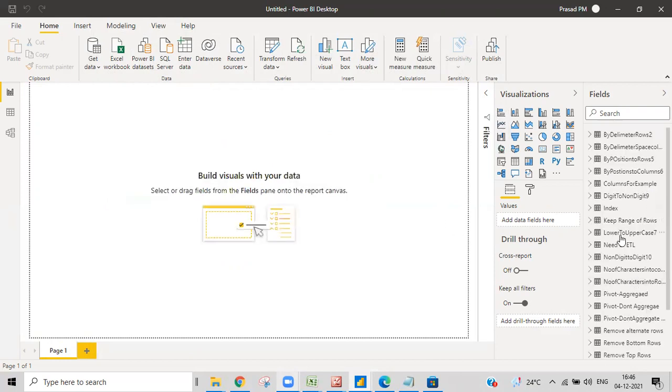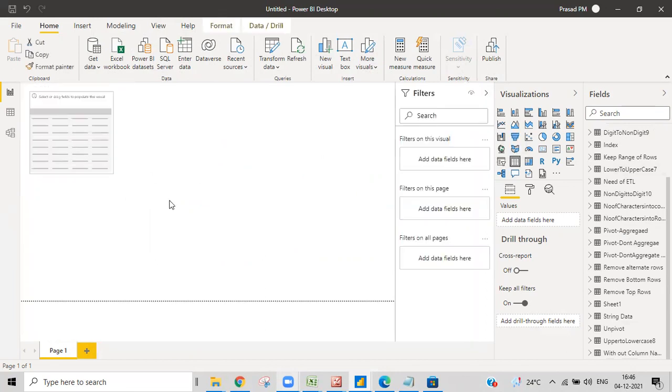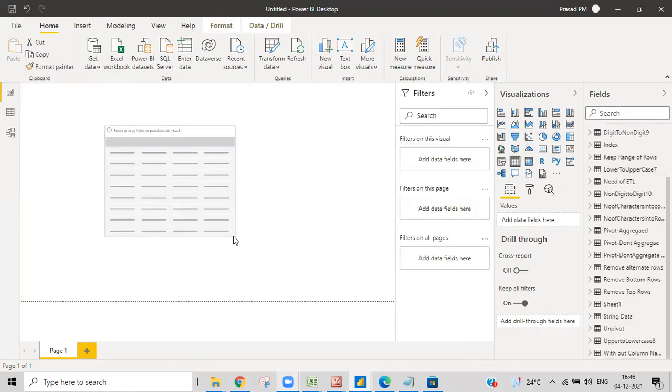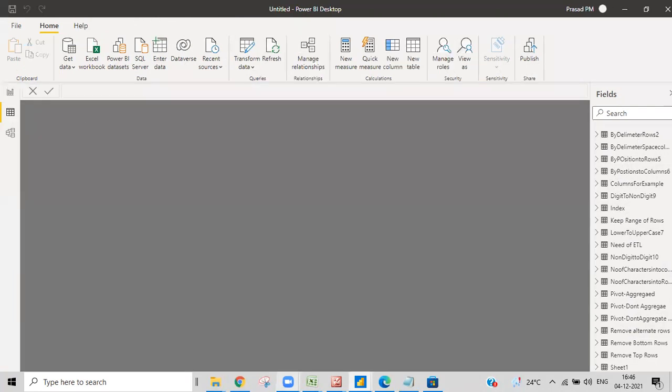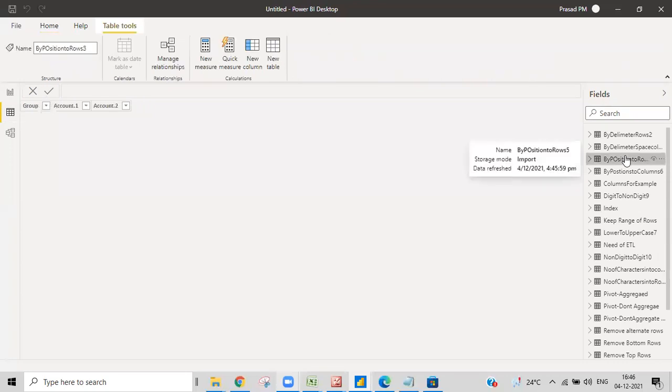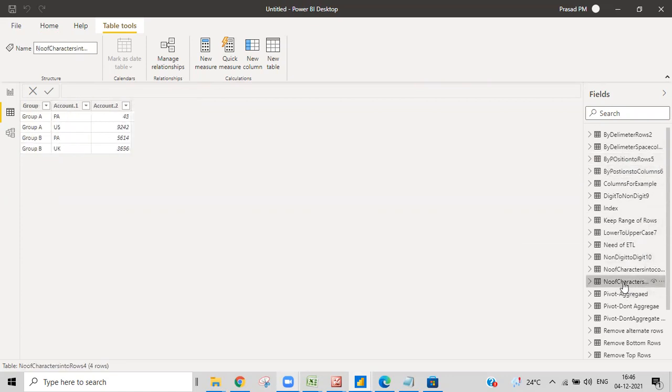The load is finished and everything came over here. Let me show you an example. I want to take a table visualization, to show whatever things have been practiced and how they will be useful. Also, the gateway positions, and I want to show you the tables once again, how they look.